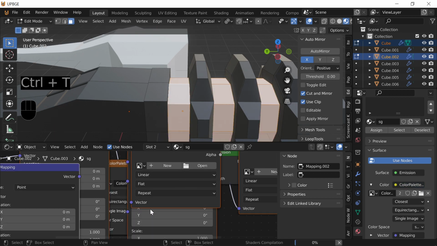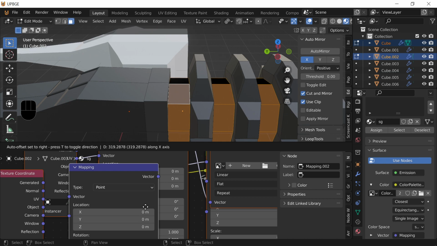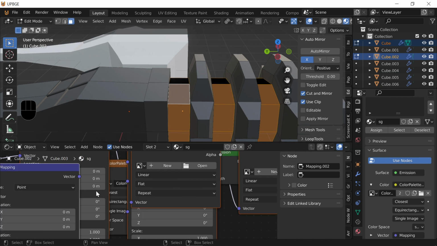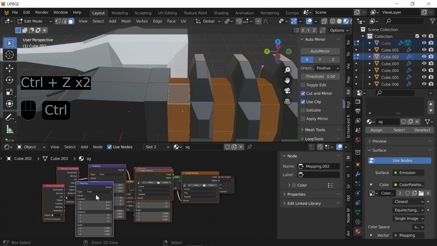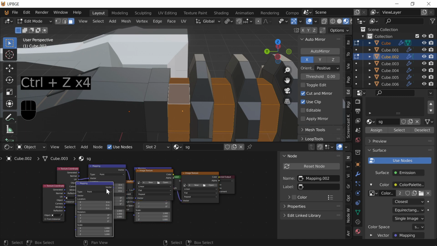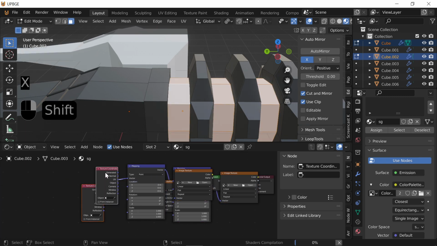Control T. Just make sure. Oh boy, I did it for the wrong guy. It was only for the one. Sorry guys. I'm just gonna go ahead and Control Z a few times until those actually disappear. Okay, just delete these. I'm just gonna delete everything until I have my,